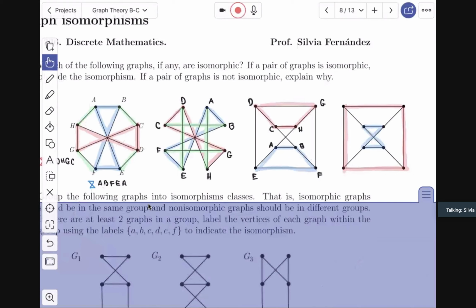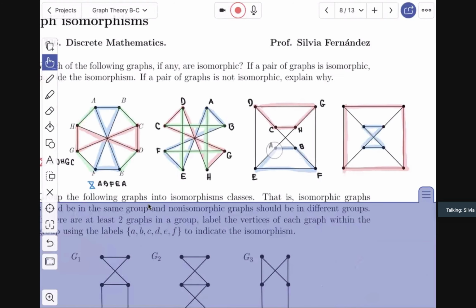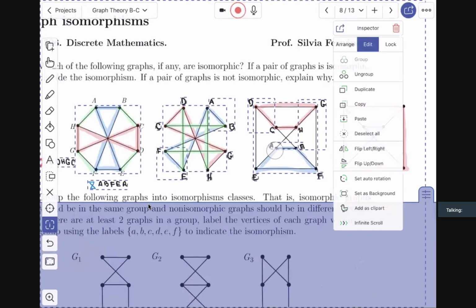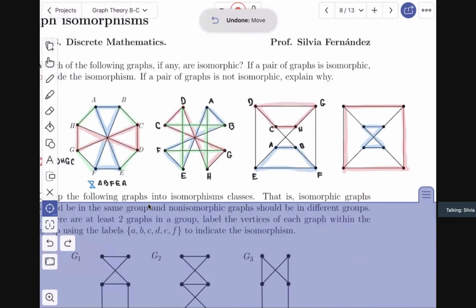Now here, look, I did this. However, let's check, right? Where did this go to A, B, and C? Yeah. So I did this. However, look,